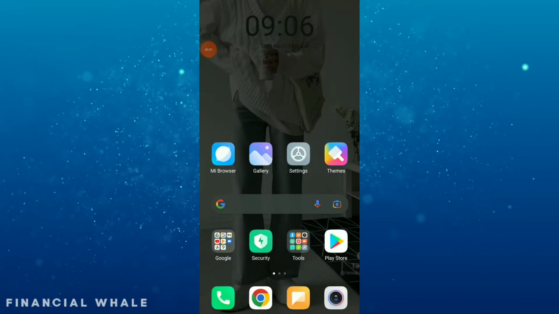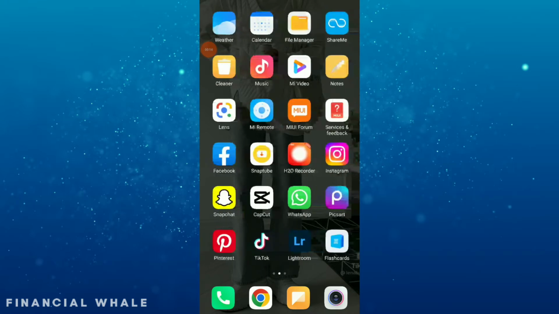How to turn on or off mentions on Likee app. Hi guys, in this video I will show you how to turn on or off when someone mentions you notifications on Likee app. So first thing, go to your Likee,